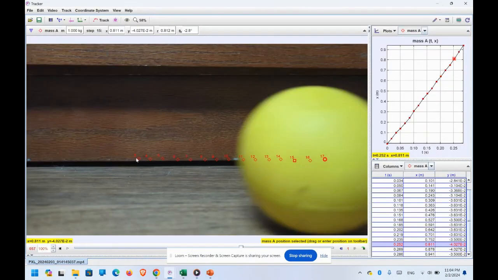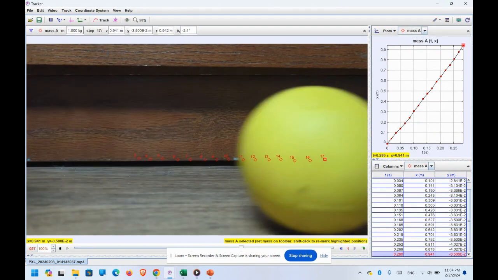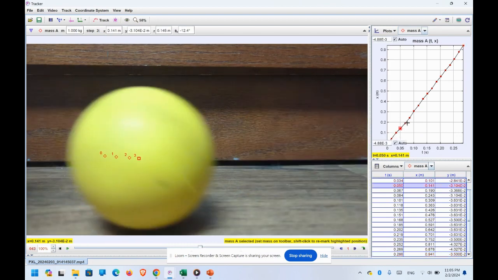There it is. It was a little choppy, so we'll play it one more time. And then we took that video and we put it onto this tracker, and we started recording from the first instance that the full ball was on screen. Well, let me click actually to the last instance that the full ball was on screen. And from there, we tried to the best of our ability, equidistantly set all the different data points, and then